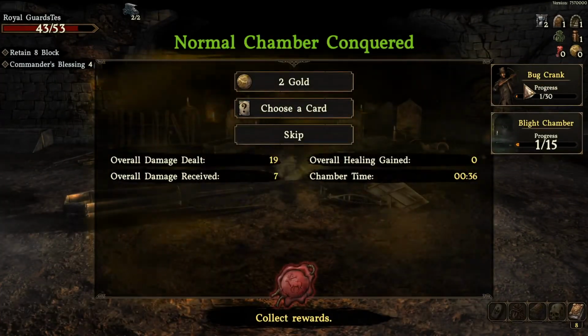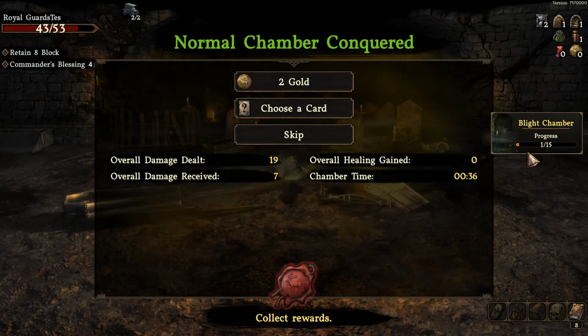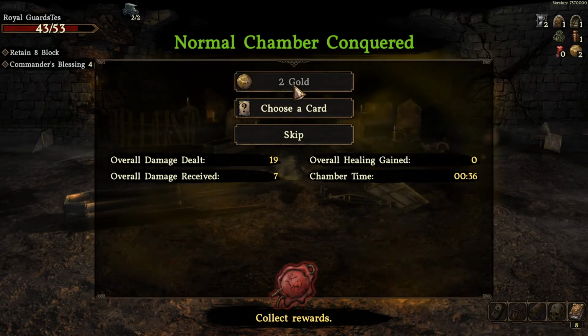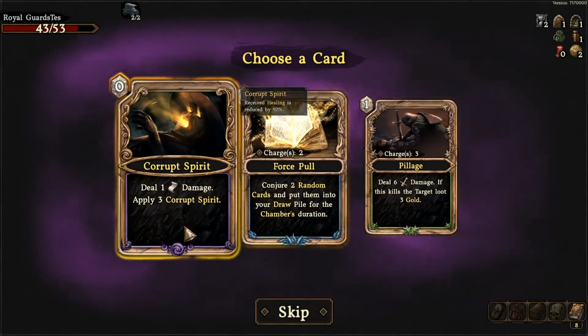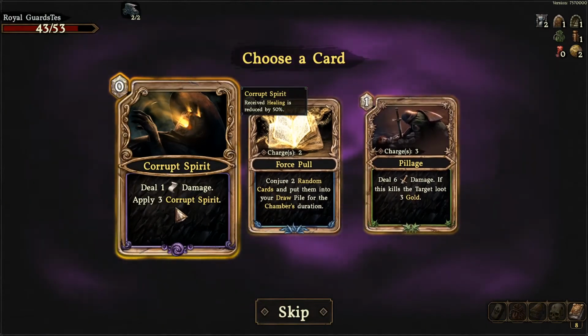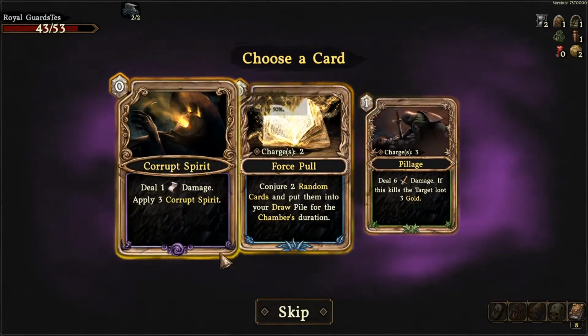Okay, I killed one Buckrang and I guess one a Blight Chamber. Now let's get some gold. So now we have 2 golds, and we can pick a card. Deal 1 damage for free. Apply 3 Corrupt Spirit. Corrupt Spirit means that they cannot heal as well. And oh, we have another free